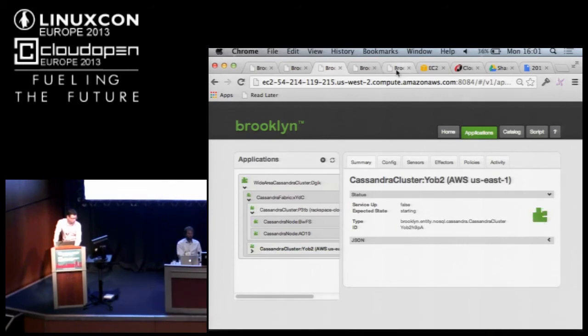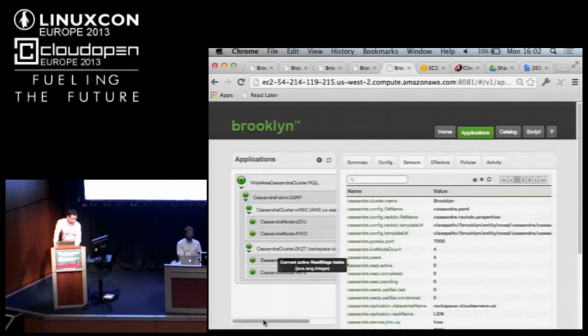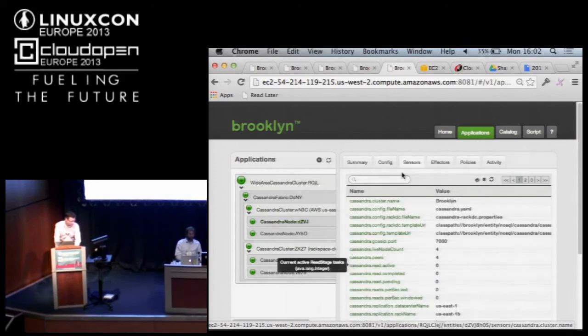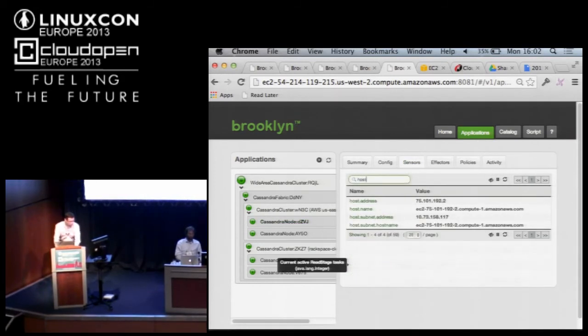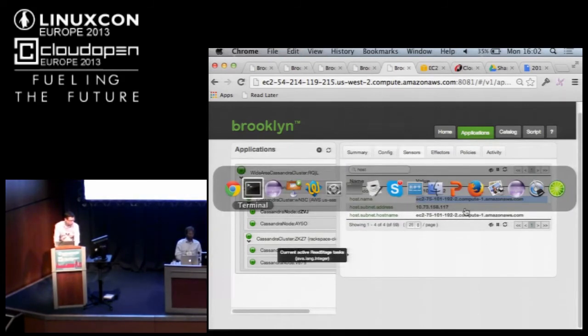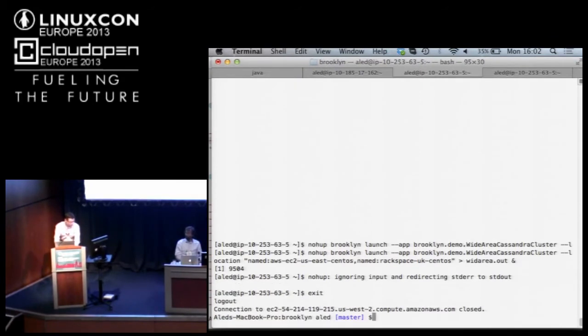So let's flip back to the one that I started earlier. With this one, let's simulate not just failure of an availability zone, but of an entire region going down. So this is where I geek out a bit and start running lots of scripts. So if we find out and a host,